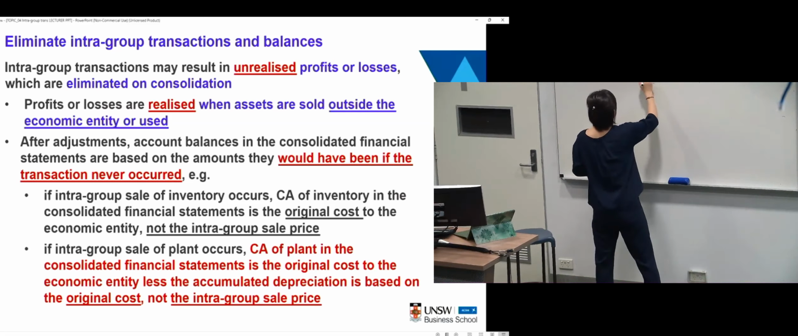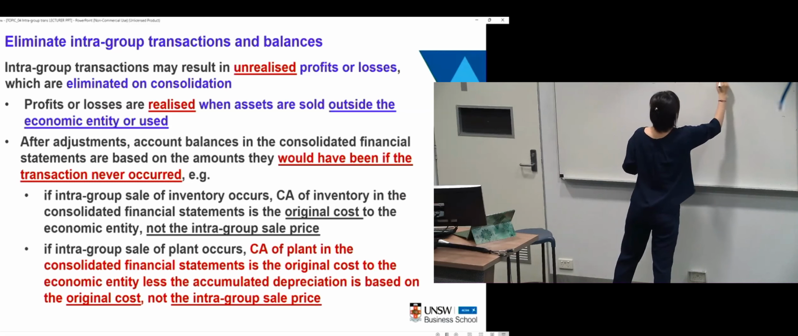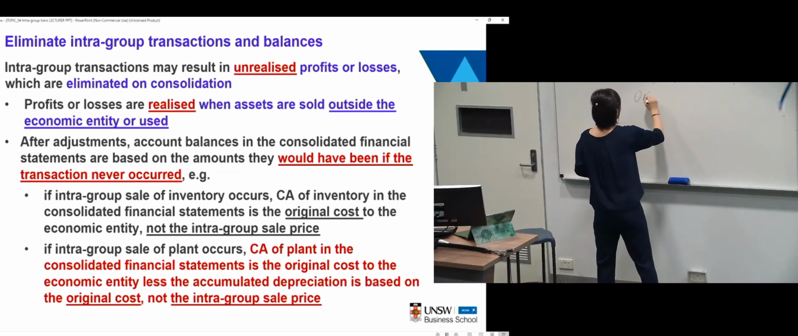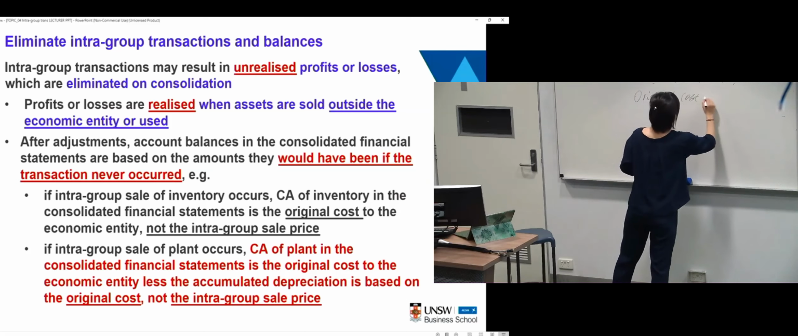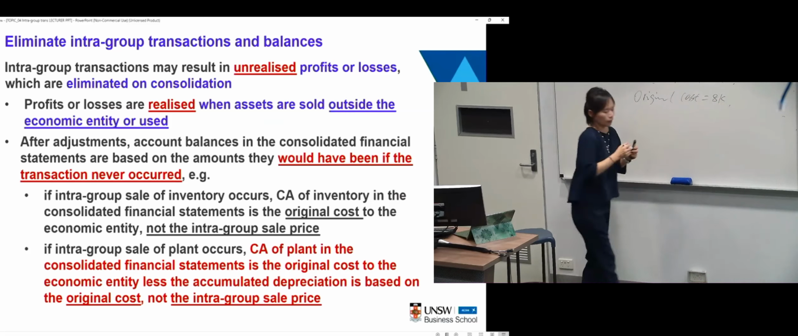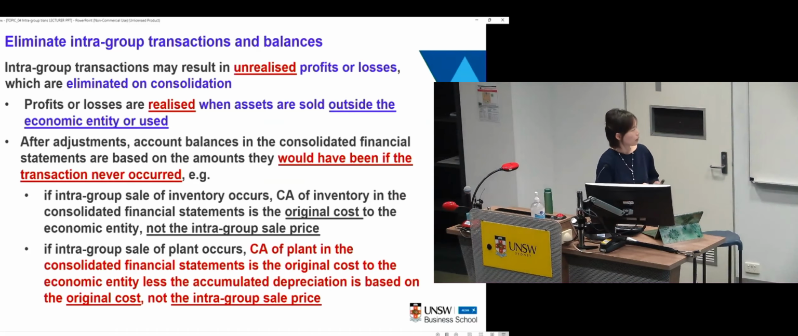So the intragroup transfer price, let's assume it is 10,000. Now the original cost to the group, let's assume it is 8,000. Now when the parent company sells this inventory to the subsidiary for 10,000, and the original cost to the parent is 8,000,